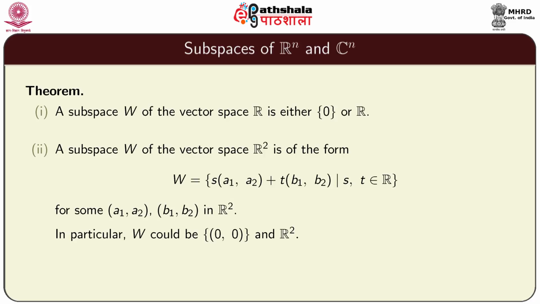So, it shows that if A1, A2, B1, B2 both happen to be the 0 vector, that means the tuple (0, 0), then W is nothing but the singleton {(0, 0)}. On the other hand, if (A1, A2) is (1, 0) and (B1, B2) is (0, 1), then W is nothing but the whole of R2. Therefore, there is an indication that the singleton {(0, 0)} and R2